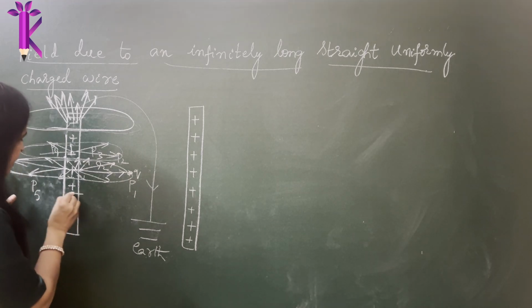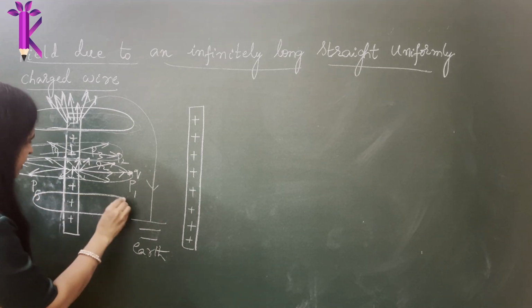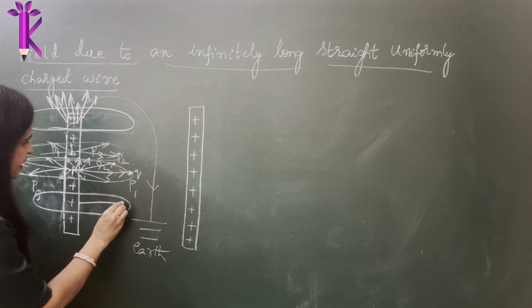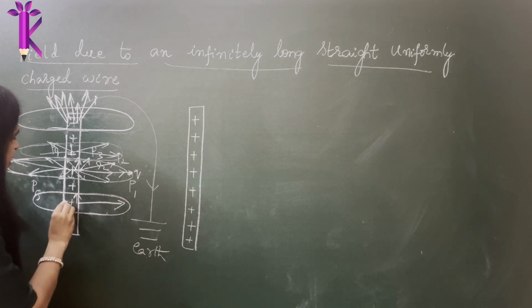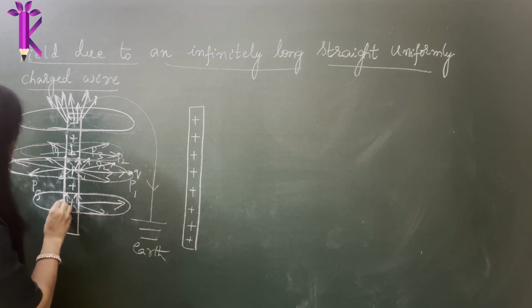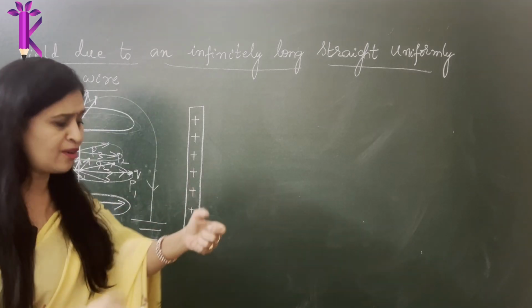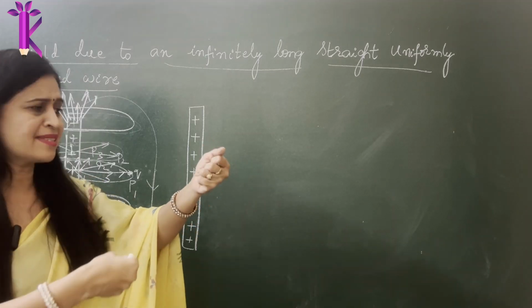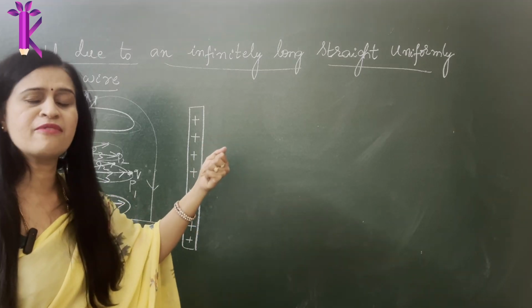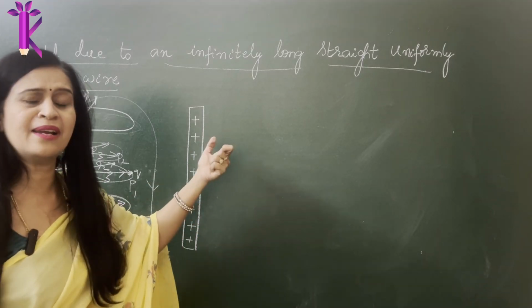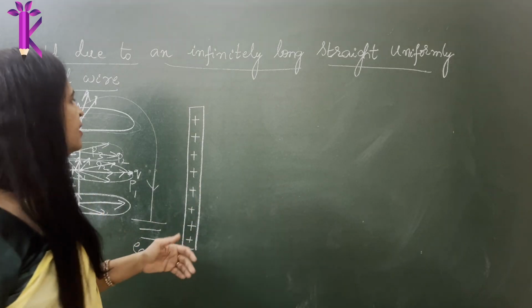So what I'm writing is, I'll show you again. You are assuming that everywhere it is the same. So it is radially outward. Here you see that they just want to go away from each other. That is why they are saying infinitely long, because there is repulsion. They all want to go away from each other. It is infinitely long. They don't want to stay together, right?